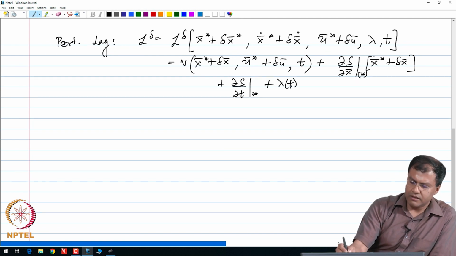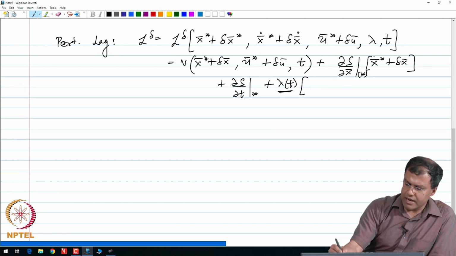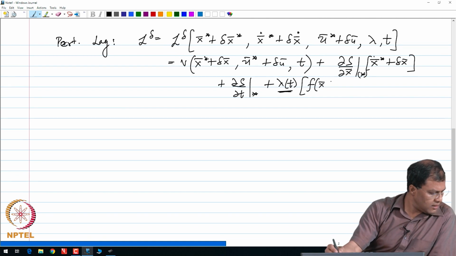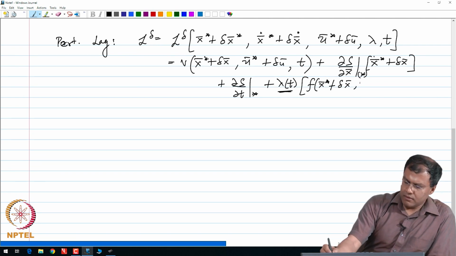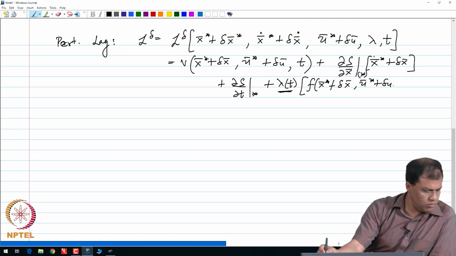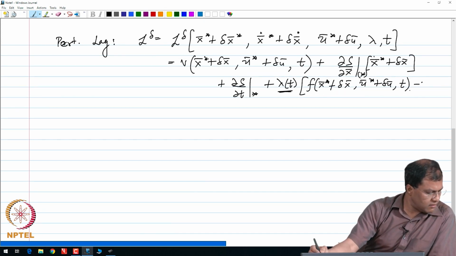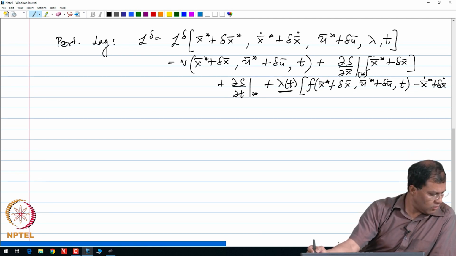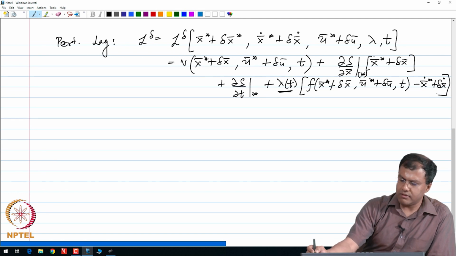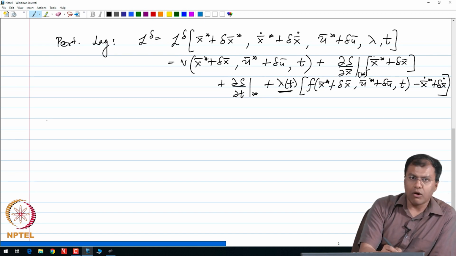So, lambda transpose, note that there is no perturbation in this quantity lambda, the Lagrange multiplier, times f of x bar star plus delta x, u bar star plus delta u, comma t, minus the perturbed value of x dot star plus delta x dot. Okay. So, these are my perturbed values of the Lagrangian, and then we have to write down the augmented performance index